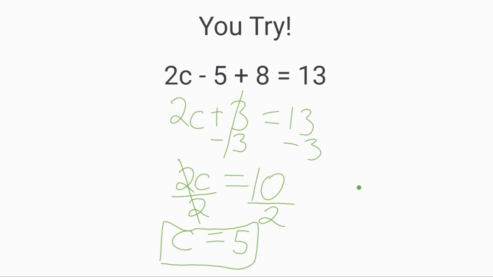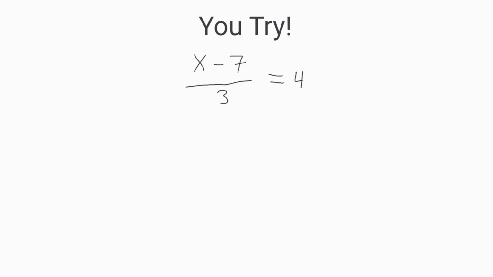Now I have 2 more examples, so let's go ahead and jump into the third one. Here we have x minus 7 being divided by 3. This is a 2-step equation because we have a division and a subtraction. So we have 2 operations. In our previous examples, our addition and subtraction always went first,